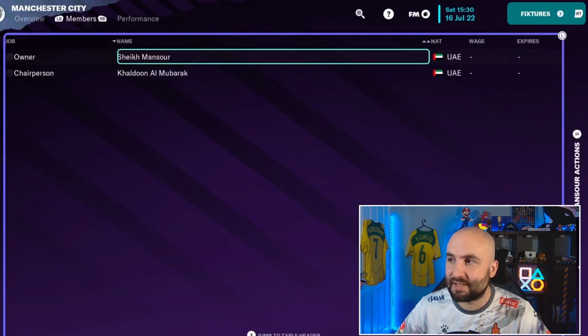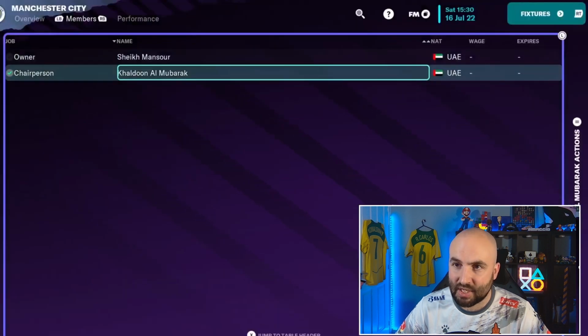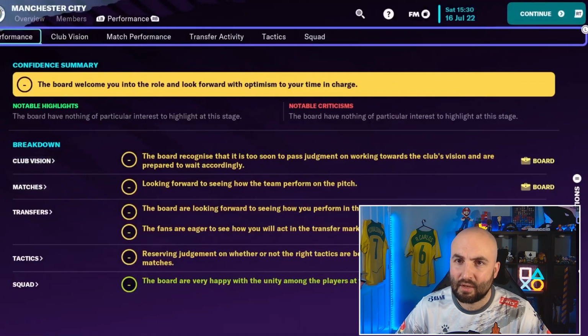So if we go along, we can see the members of the board. Not much help here, but of course, if you want to see Sheikh Mansour, you can't actually do anything with him. And the chairperson, Al Mubarak, you can just see who the board members are, just a little bit of extra information. Finally, performance, and of course, I already showed you this first page, which is just that confidence summary